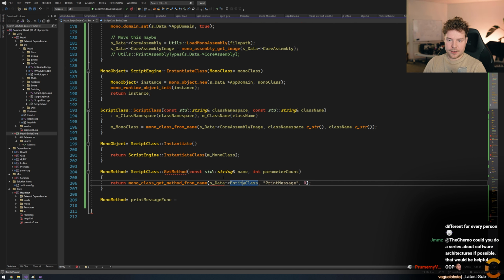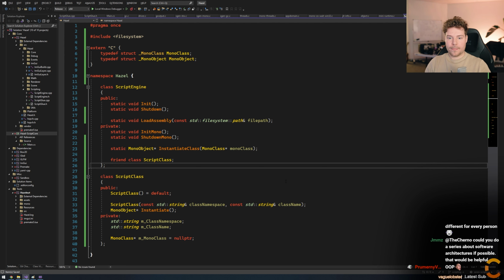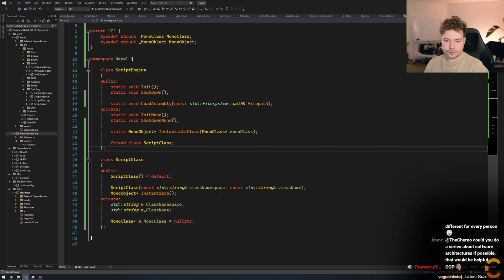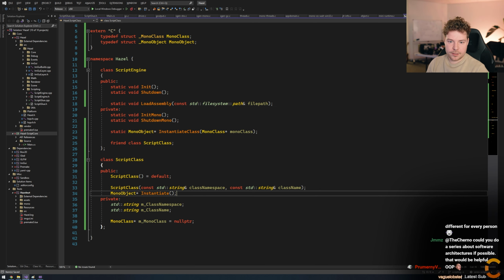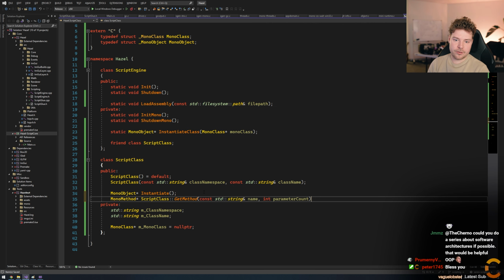So let's see, the class is just going to be mono class, name c string, and parameter count. Let's keep the constructors together like that. So this is obviously something we've just created.